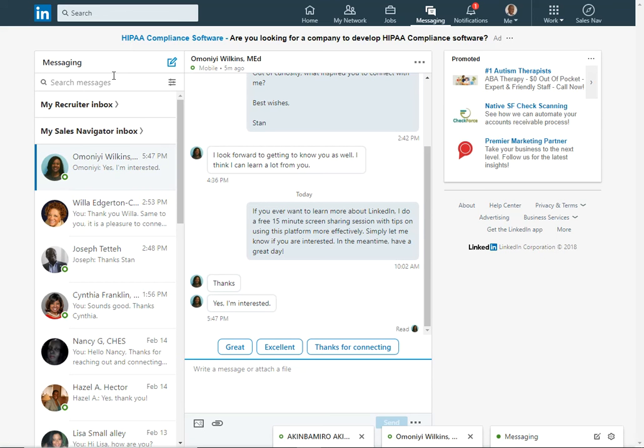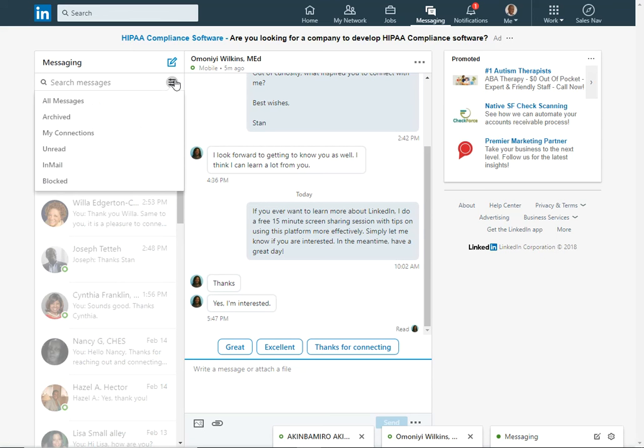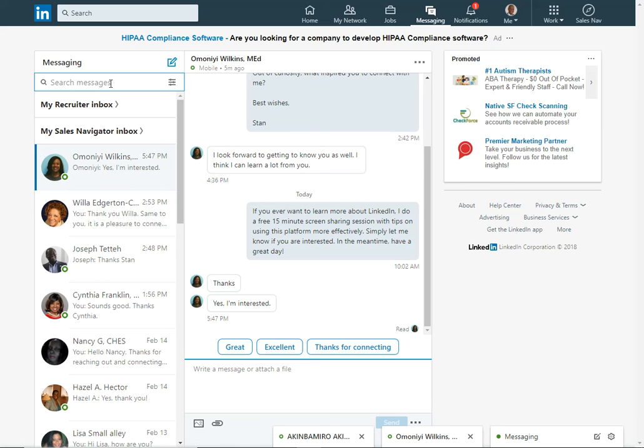have the ability to search your messages, which can be helpful. As you can see, you can search all messages, archive just those from your connections. If you're getting a lot of messages, your unread messages, those from InMail. Blocked is a feature, honestly, I have not used. But you do have the ability to search messages by name and by keyword, and the keyword aspect can be